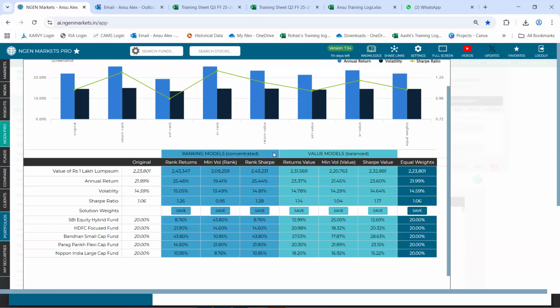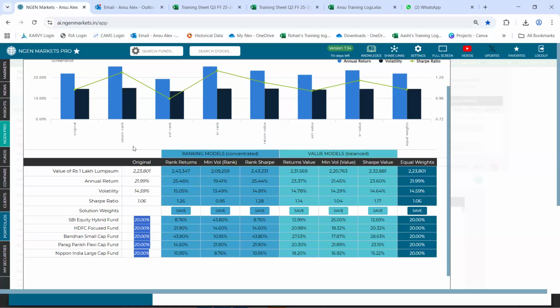Please note, in this portfolio optimizing feature, we are neither adding any new scheme nor removing any existing scheme. We are just changing its original allocation in such a way that any of these three objectives of yours could be achieved.